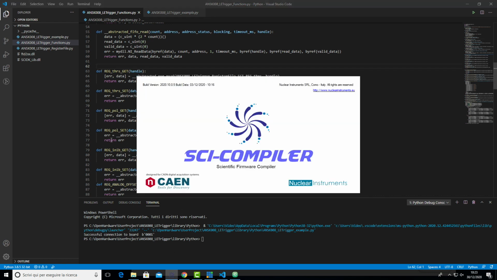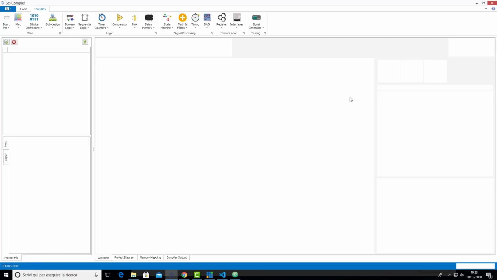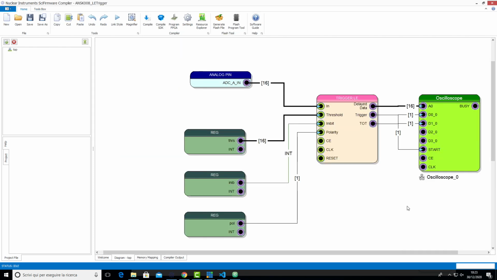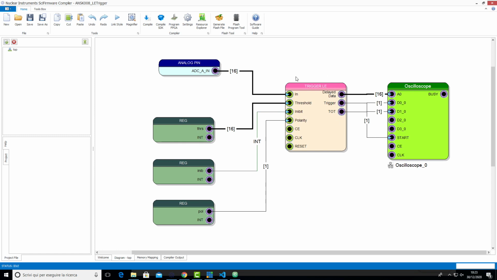We can open SciCompiler just to have a recap of the application note 8 firmware. Do you remember, there is a trigger leading edge block with 3 registers: threshold, inhibit, and polarity. These registers control the behavior of the trigger.